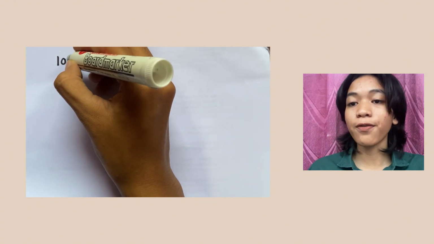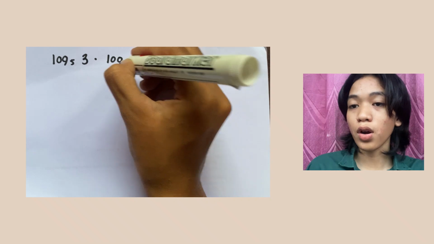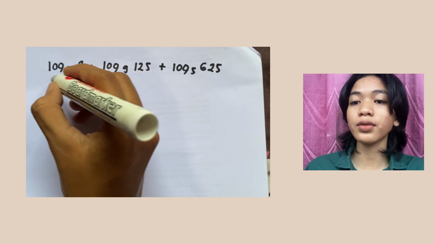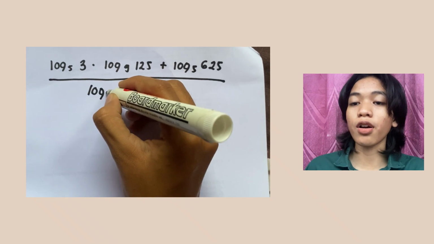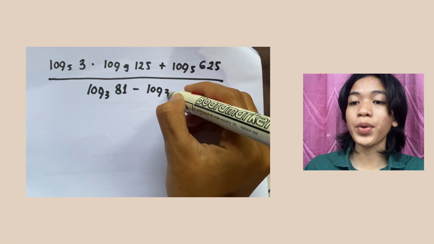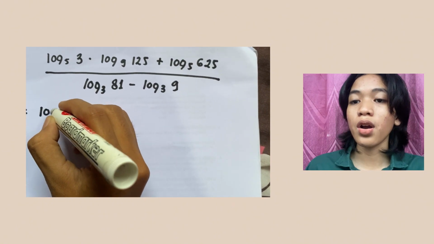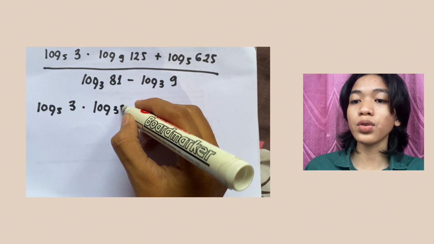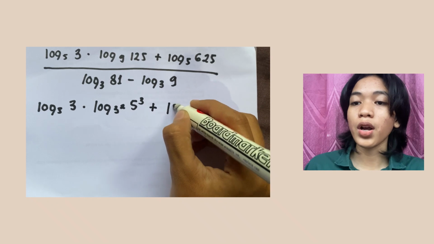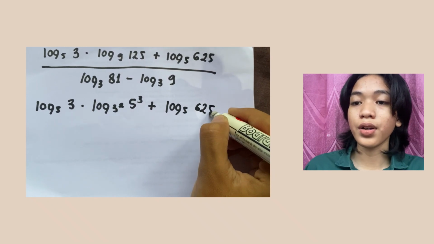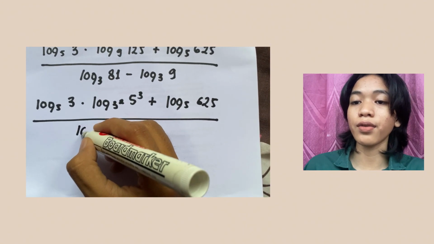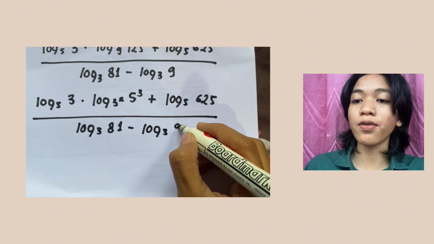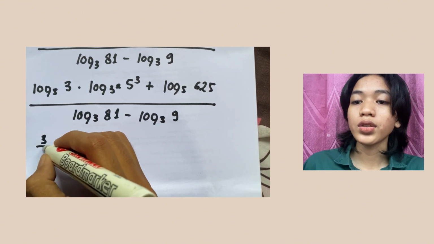Okay, log base 5 of 3 times log base 9 of 125 plus log base 5 of 625 divided by log base 3 of 81 minus log base 3 of 9 equals log base 5 of 3 times log base 3 squared of 5 cubed plus log base 5 of 625 divided by log base 3 of 81 minus log base 3 of 9, which equals 3 over 2